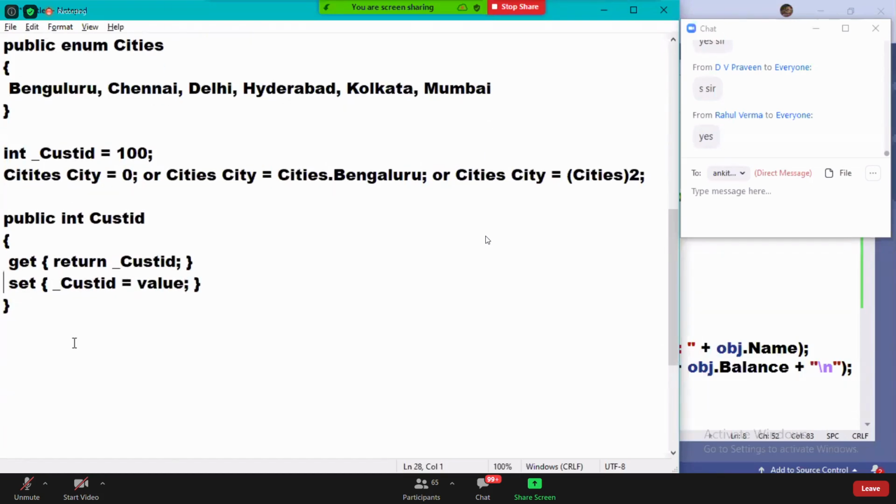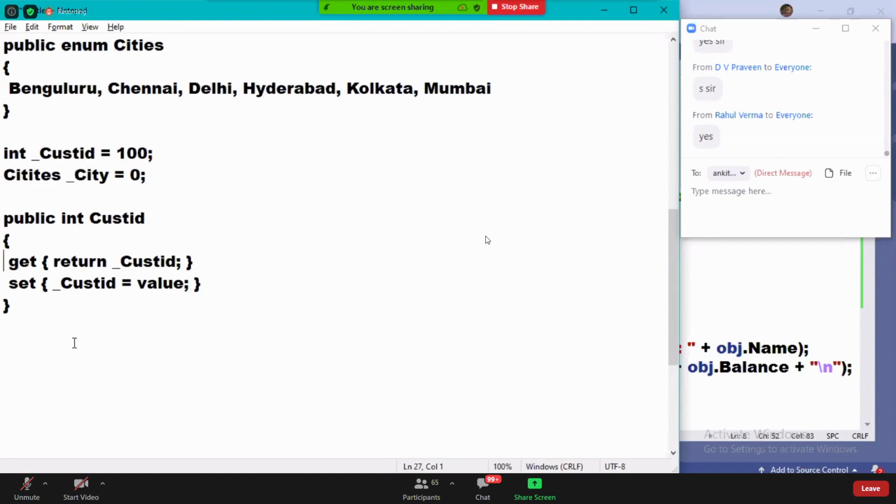Okay, guys. Same like this. Suppose if I say underscore city here, can you define a property on this city now? Write the code and show me. Come on, write the code and show me. I gave you an example here, and based on that, now define a property on this city and show me. Come on, fast.